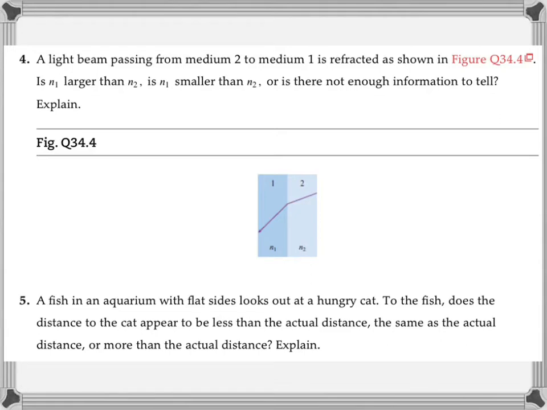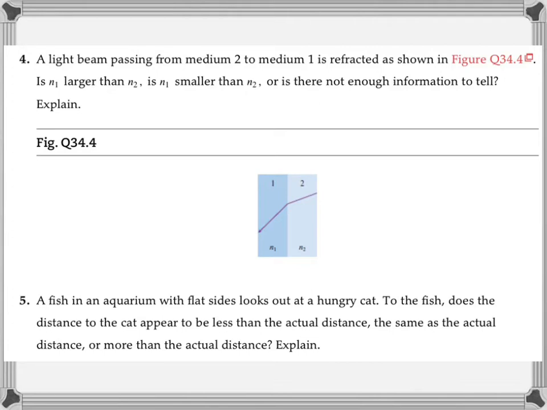It says a light beam passing from medium 2 to medium 1 is refracted as shown in the figure. Is N1 larger than N2, or is it smaller? Or is there not enough information to tell? So we can see a red light ray incident at the interface between medium 2 and medium 1. It's coming from medium 2, hits the boundary, and changes direction. That's called refraction. And based on that picture, they're asking us if we can tell which index of refraction is bigger, N2